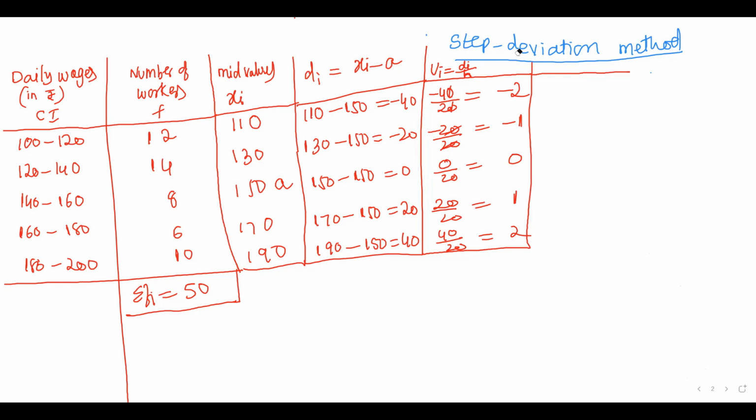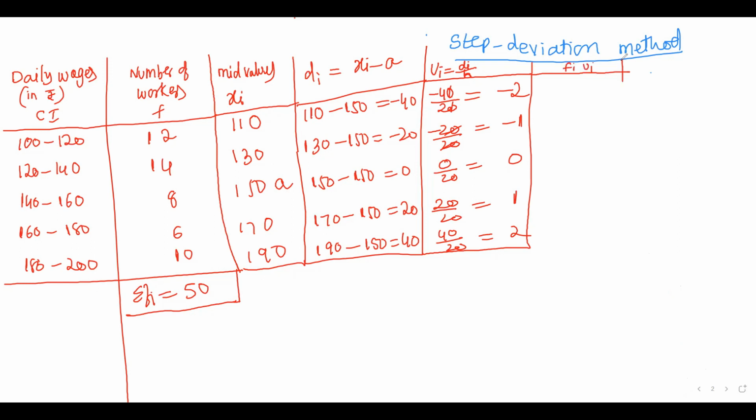Wherever you have taken A, 0 will come there. Above are negative numbers, below are positive numbers. Understood? So after getting ui, just find out